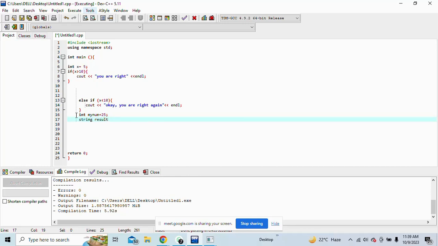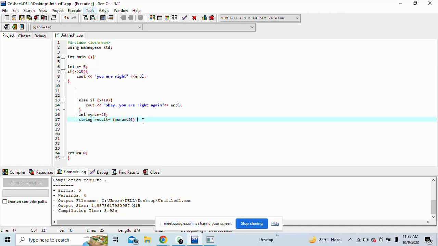I use the name result is equal to. Here I have to provide the condition. Always provide the condition inside small brackets. So I say my num is less than 20,